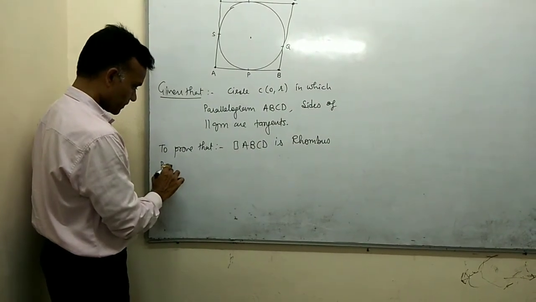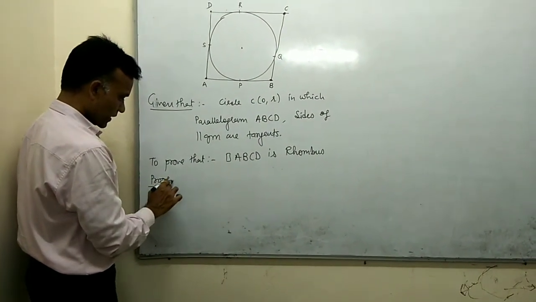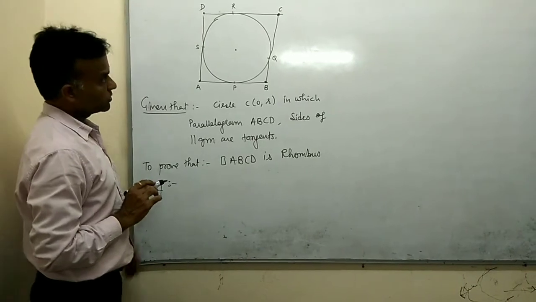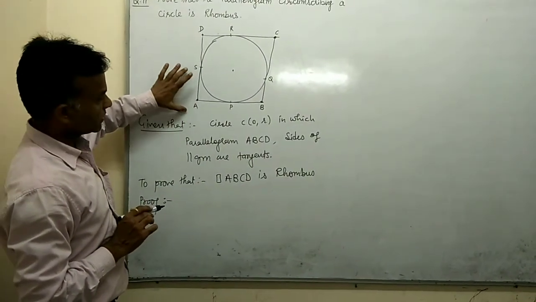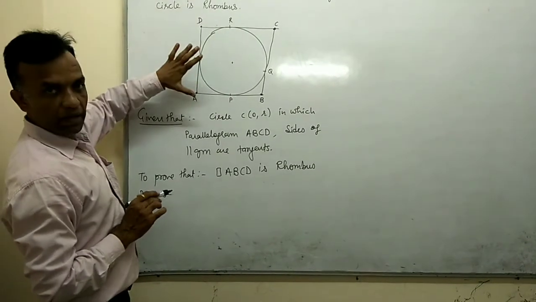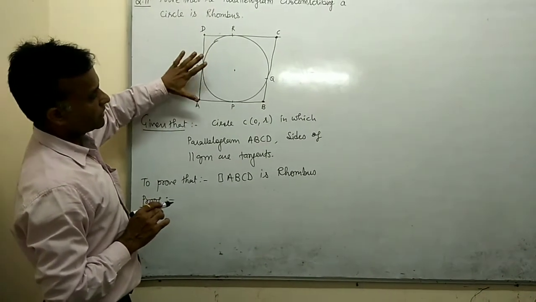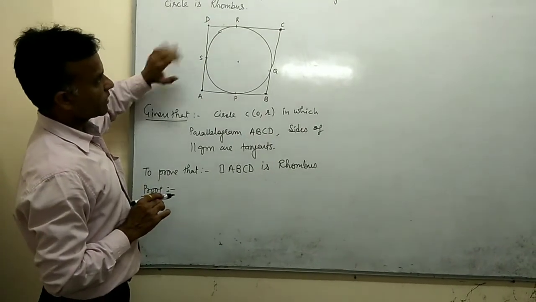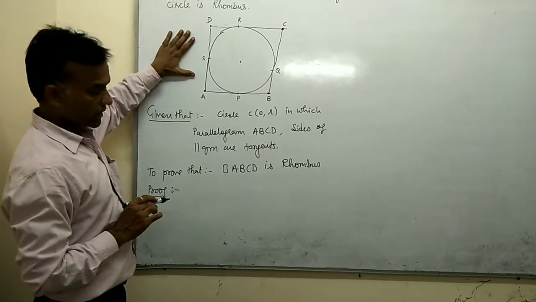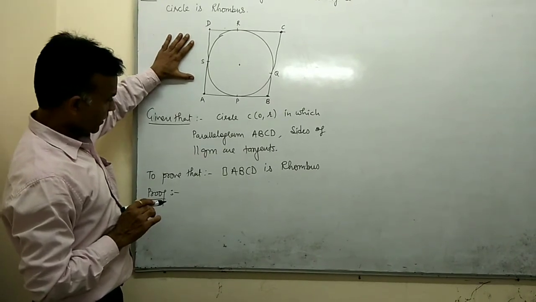Then consider a single concept used here, the external point concept, which is already given in the 8th question. We have also done this question. The same diagram is there, but a different side is given there. But here all the tangents have formed a parallelogram, which means opposite sides are equal. Okay, so first you write down here.